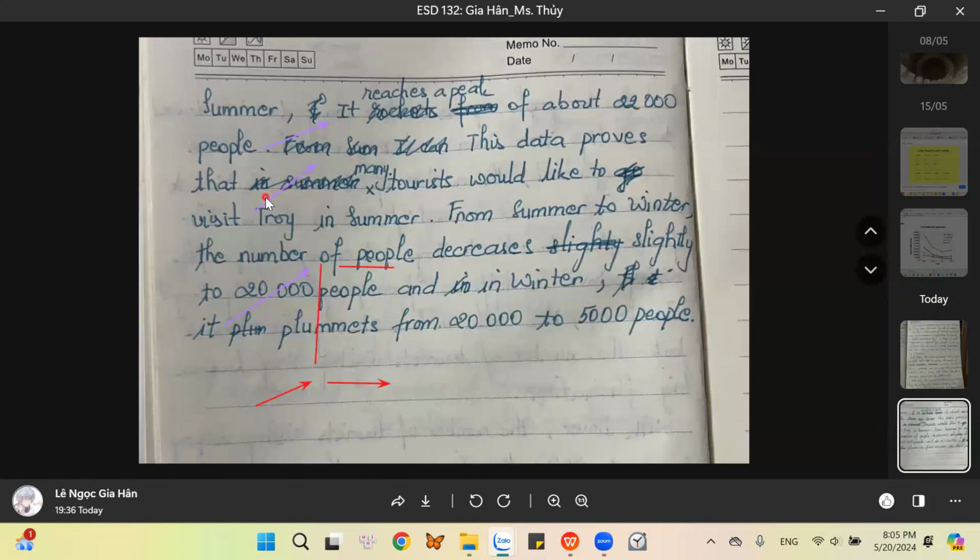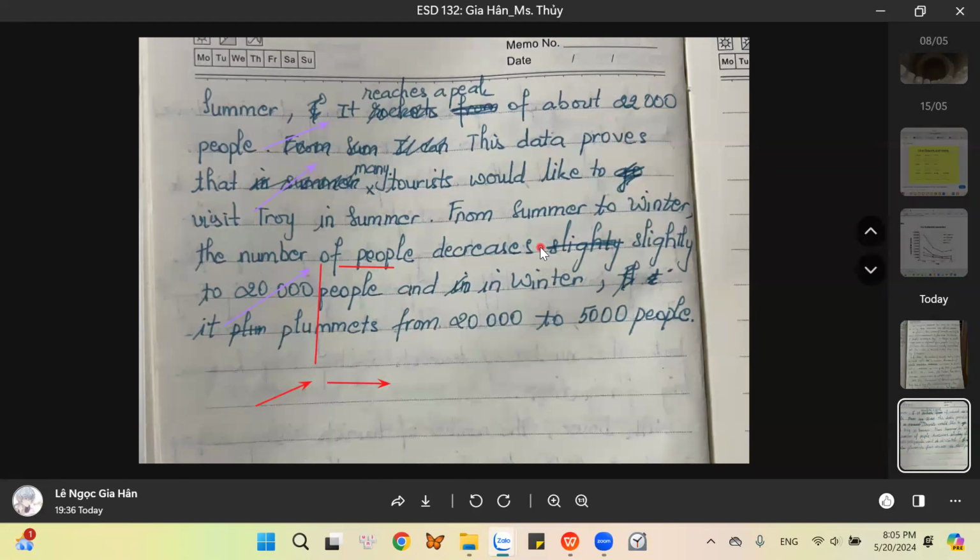This data proves that many tourists would like to visit Troy in summer. From summer to winter, the number of people decreases slightly. The number of people slightly decreases down to, khi mà mình nói đến cái từ to á, giống như là mình tăng lên đến đâu thì nó to là sẽ xu hướng của nó là tăng lên. Còn nếu mà dùng decrease thì cái từ to là giảm xuống đến đâu thì decrease sẽ đi chung với từ to, nhưng mà trước to phải thêm một từ nữa thì nó mới rõ cái nghĩa là giảm xuống,